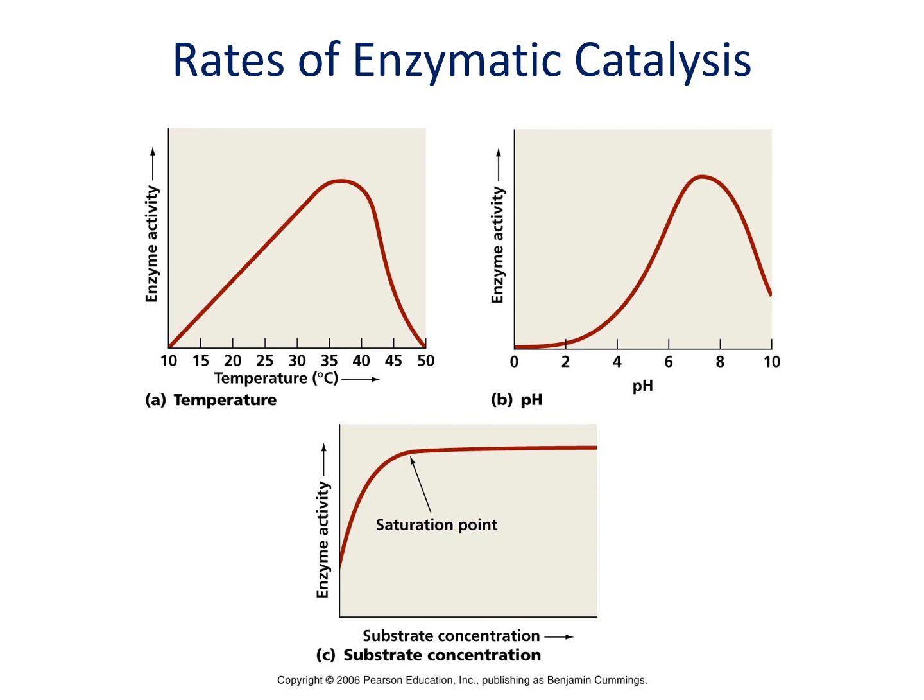The substrate concentration is important as well. So in that last graph, C, what you're seeing is additional substrate being added. So we have more and more substrate being added along the x-axis. And notice that the enzymatic activity increases, or the reaction rate increases, as you would expect. There's more molecules to be involved in reactions, but we get to a saturation point. And that's the point where the enzyme is basically overwhelmed. So the enzyme is receiving inputs into the active site as fast as it can deal with them. If you want the reaction to occur faster than that saturation point, you just have to add more